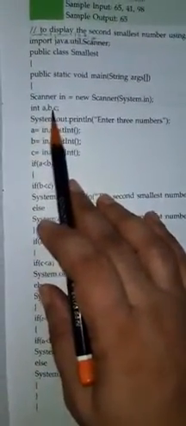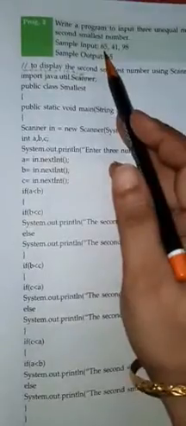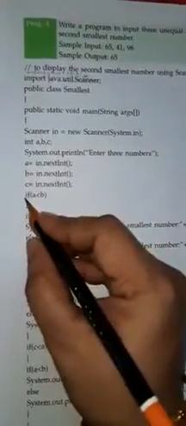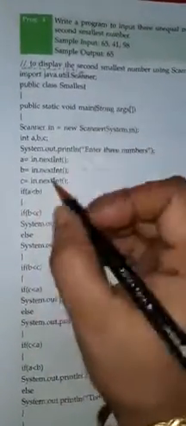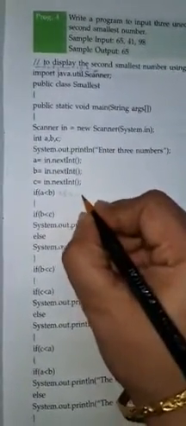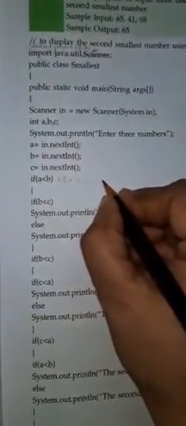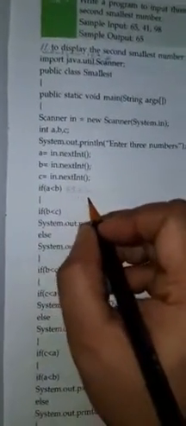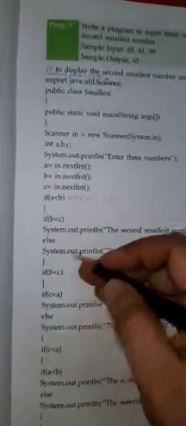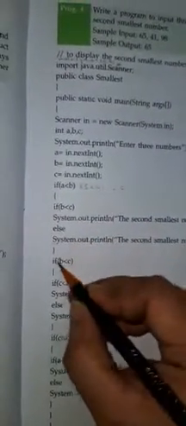Then we have declared three variables A, B and C. Then we are entering: in the case of A we have taken 65, B we have taken 41 and C we have taken 98. Then we are checking if A is smaller than B. A's value is 65, B's value is 41. So the condition is false. A is not smaller than B. So it is not going to enter in this part, it is not going to enter inside it for the checking. So it will go to this part.